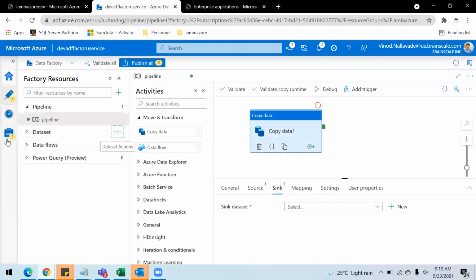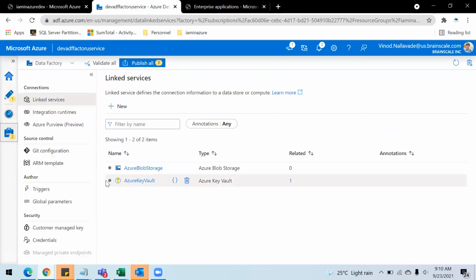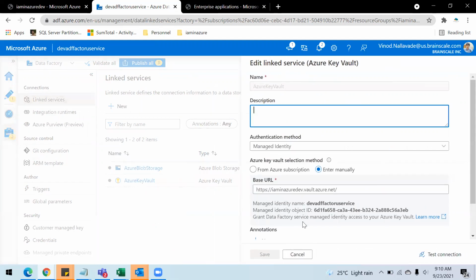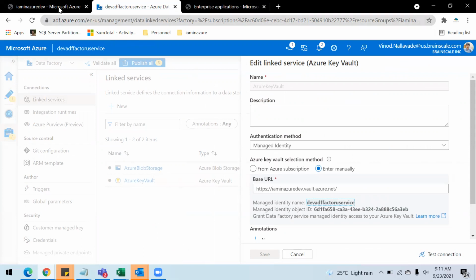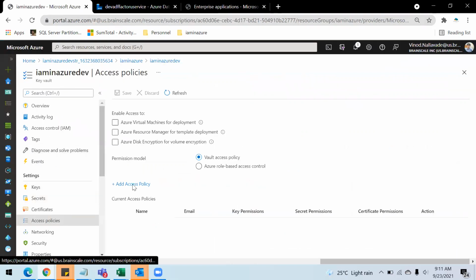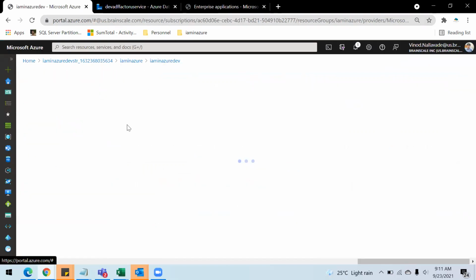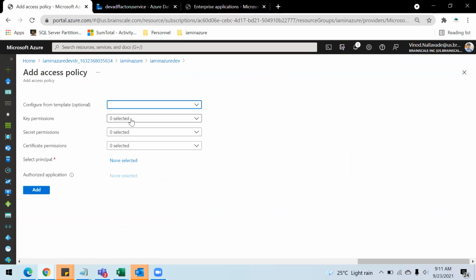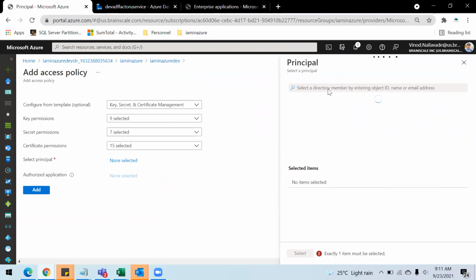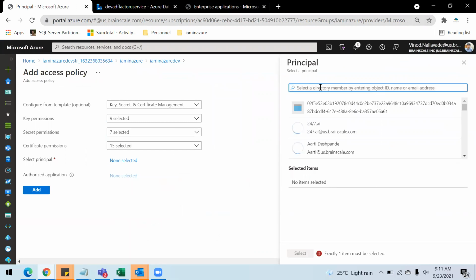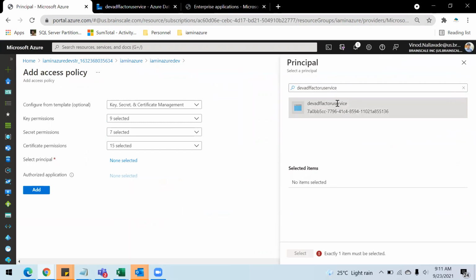If you go to your linked services, you will be able to see two linked services, one for the blob and one for the Key Vault. When you go inside this Key Vault, if you have this managed identity, you can just copy this and add it inside access policies. So I'm going to give all the permissions for now. Let's select the service principal. So here it is.